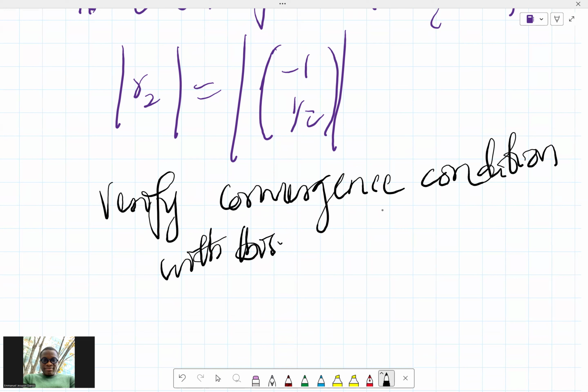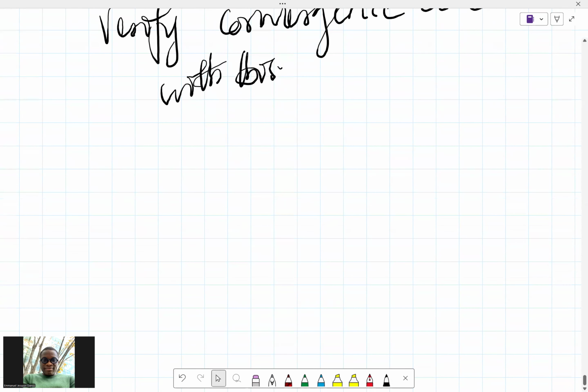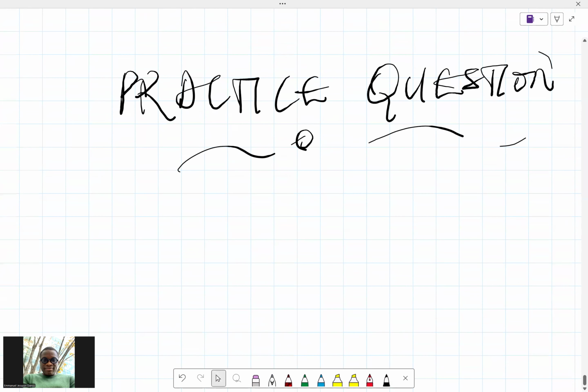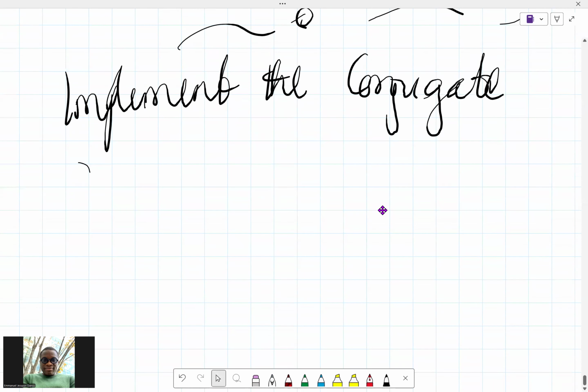Okay, so it looks like I have one or two practice questions. This has been a very lengthy process. Let me see if I can drop one or two questions. Okay, let me just drop only one. Practice question: implement the conjugate gradient method